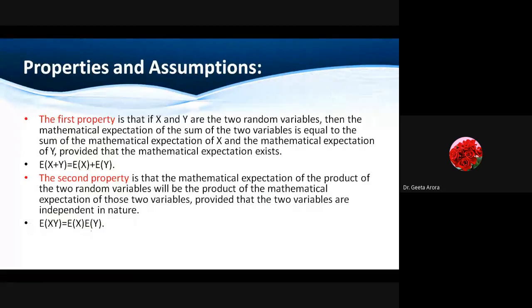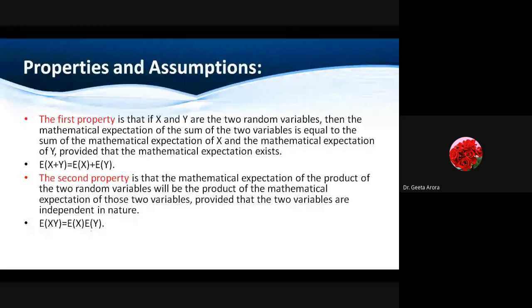These are the properties. Let me go through the properties fast, as time is going to be over. Today, your task will be to open your books, whatever reference or textbooks you have, or what I have uploaded, and go through all of these: how to calculate expectation for the discrete as well as for the continuous one. Write the formulas in your notebook, and then try to read at least the properties. The proofs are also given there. The proofs are not in our course, so I have just written in words what we are going to say and how we are going to use expectation for more than one variable.